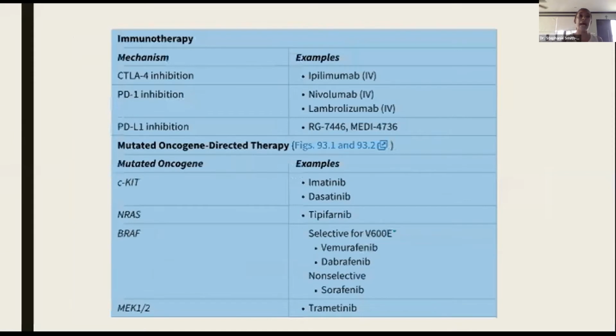Now, in years gone by, we did not have treatment for these patients, especially with their thicker melanomas. So with thin melanomas, they can be cured by excision alone. And as I said, the surgical excision is guided by the initial Breslow's depth. But now we have adjuvant therapy available to these patients that is prolonging their survival. There's immunotherapy, which includes your CTLA-4 inhibitors and your PD-1 inhibitors. And then there's also targeted therapy.